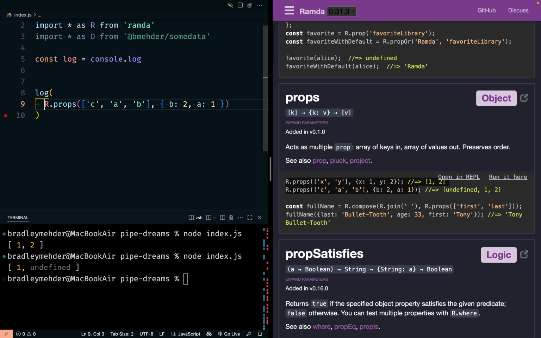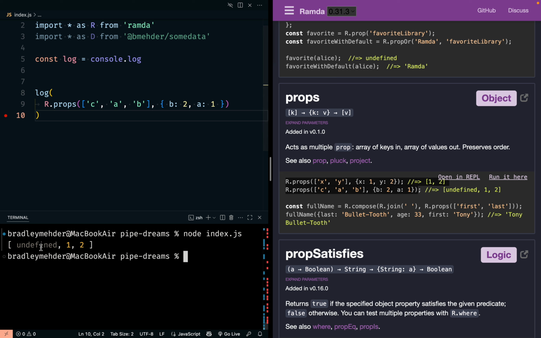And then if we looked at this one, we're calling props. We're passing in C, A, and B with an object to look through with a B and an A. There's no C, but also the order here. It says that it preserves the order. So we want an array back with values in the order C and then A and then B, even though that's not the same order here. So when we run that, we get undefined for C, one for A, it's second,